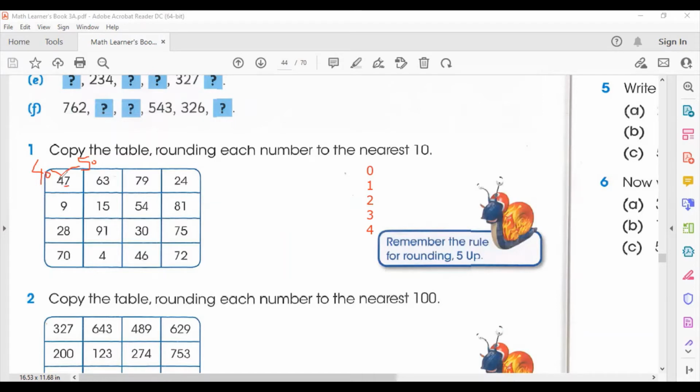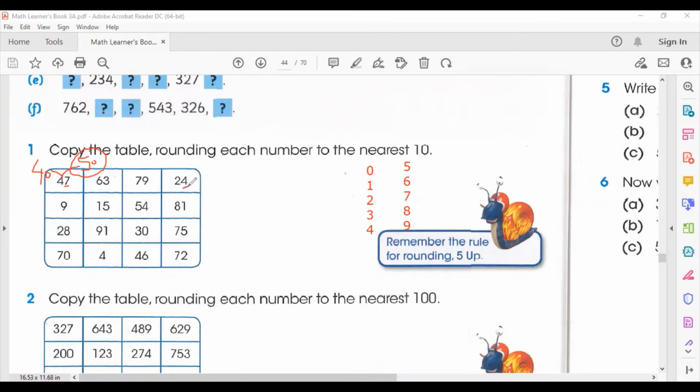Just add 1. For example, if the number at one's place value is 5, 6, 7, 8 or 9, at one's place value, if the digit is 5 or bigger than 5, then we choose the bigger option. So 47 is nearest to 50. In simple words, if you don't want to make options, what we need to do is